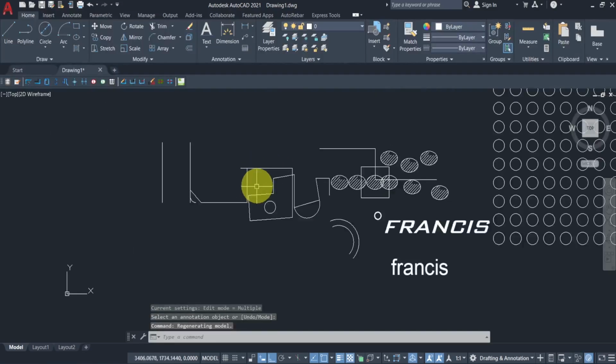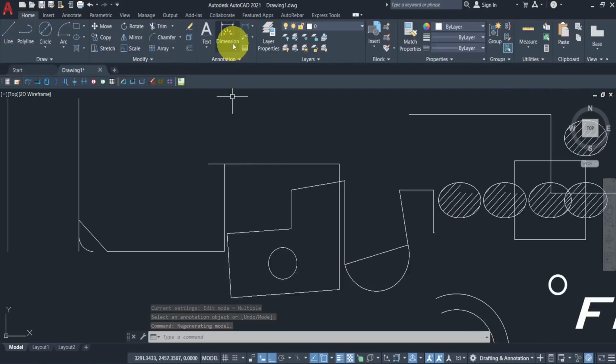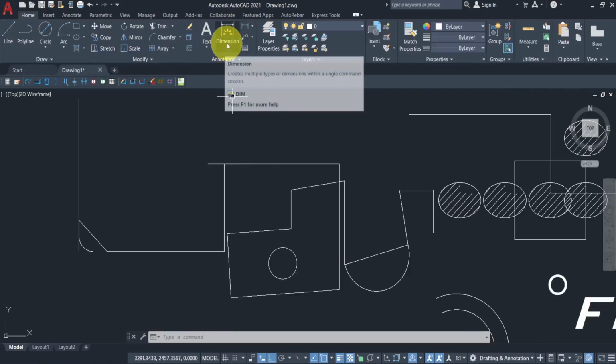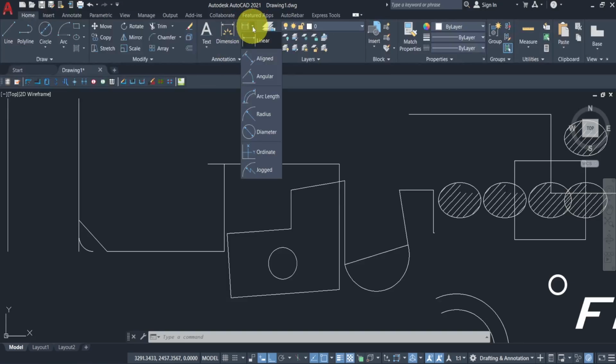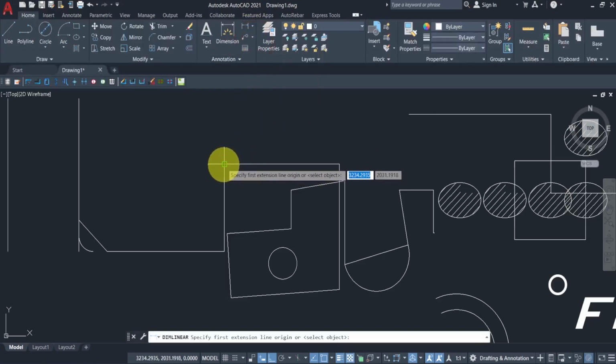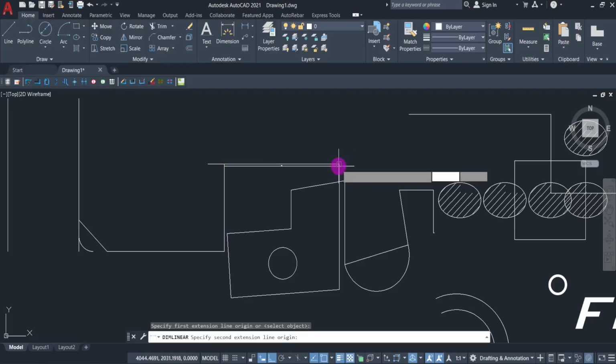And then for the dimension here, this dimension tool enables you to create a dimension. Before we start creating dimensions, there are some other methods of creating that dimension. Number one is the linear dimension, and then there's a line. But for today, we are going to focus on the linear dimension, like this. And then click on the start point, the second point, and then